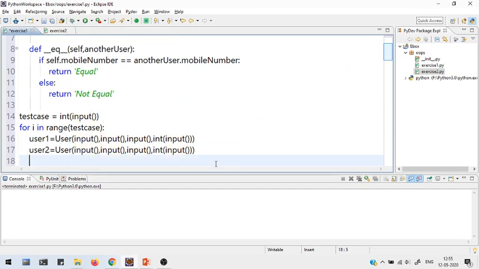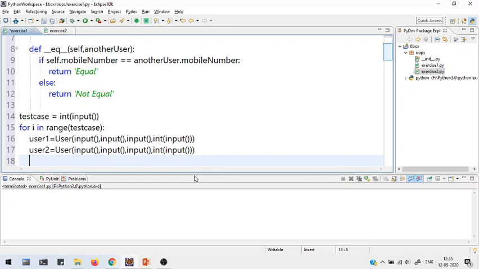To compare the 2 objects, we have already overridden the equals method. In Python, these methods that begin with double underscore are called special methods or magic methods. It means that there is no need to explicitly call these methods. For example, we have to compare the 2 users.